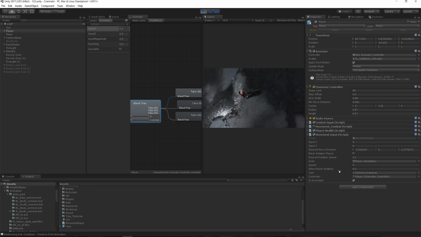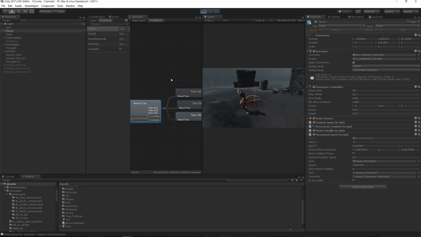Then we also set up that global block rotation of the player. If you tick that, which you can control in any of the code, and now I'm pressing left and right, he can't turn anywhere because that's blocked. But if I turn that off, now you can see we can move again. So that is how you set up a very simple movement input, completely using script,